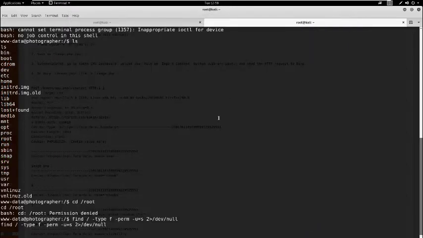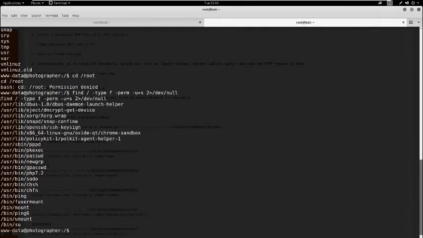Now it will take some time because it's finding all the files from the entire file system. So this is the find command. The find command will find as per your requirement. Here I provide the path, that is slash, so it will search the entire root file system, and for type, we want to search for a file, so here we define f. Then hyphen perm, we want to search on the basis of permissions. So here we can see